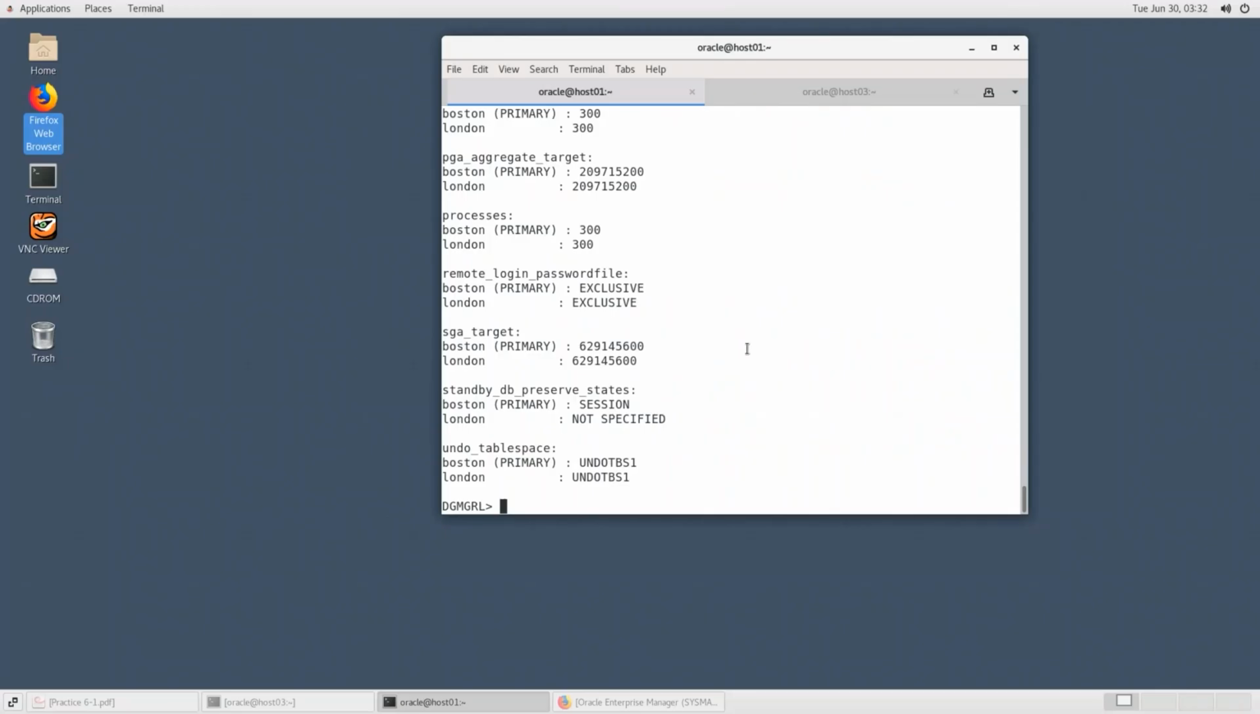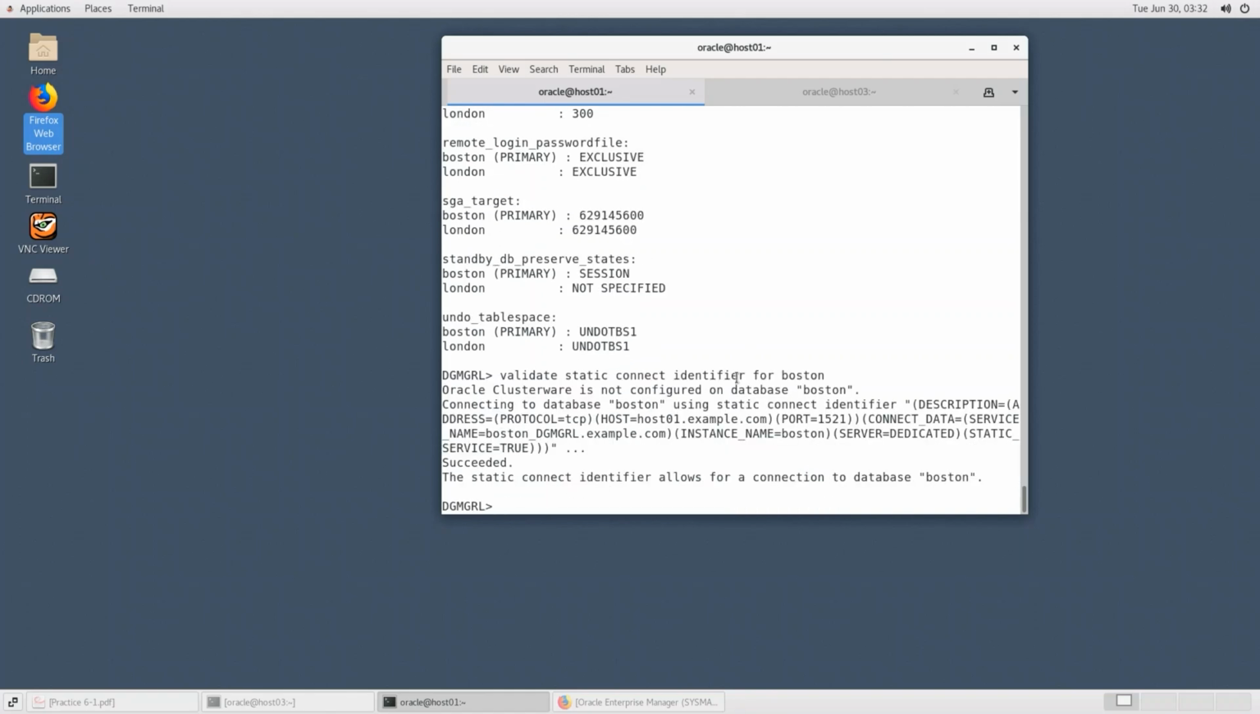Okay, so I'm in this location. Validate static connect identifier for Boston. As you can see, Oracle Clusterware is not configured because it's not a RAC database and clustered environment. So we must have a static service registration. In this example, we have a Boston